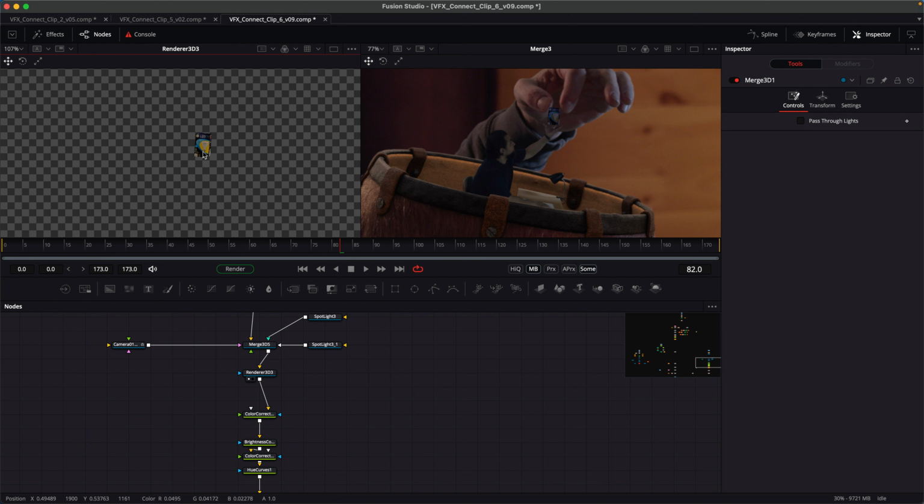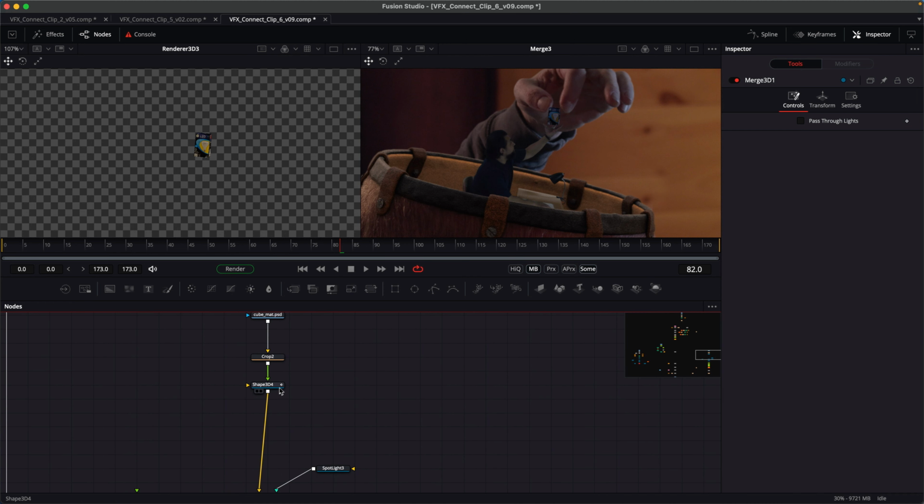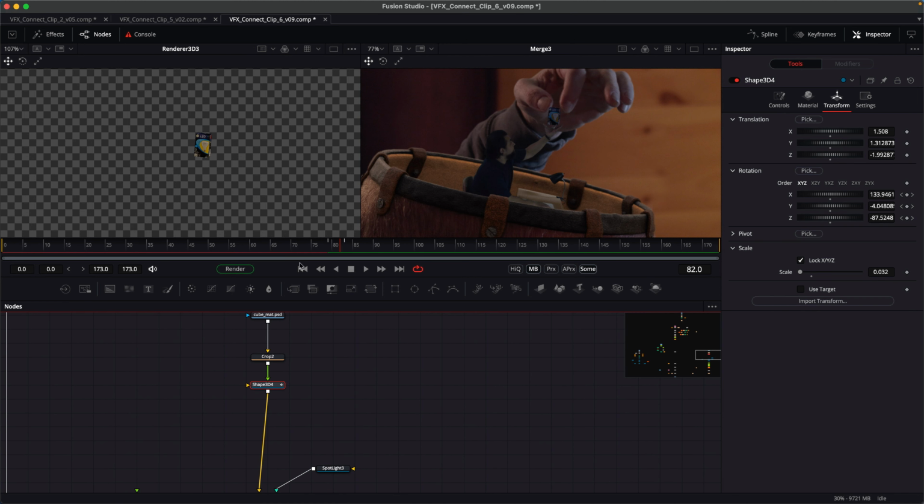Now, since we have this 3D object, we don't have it moving in 3D space, but inside the shape, you can see these two keyframes here. What I did is I went over to the transform, and I just did the rotation. So it's not going to move in X, Y, Z, but it's going to rotate. And if we look at this closely, this is where it started, where it came down. So if we come back,